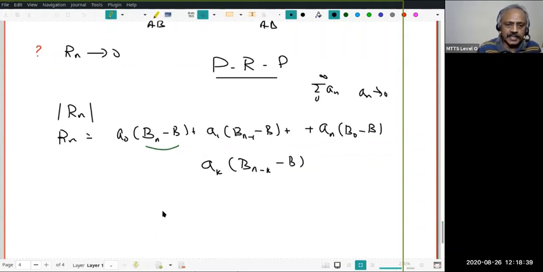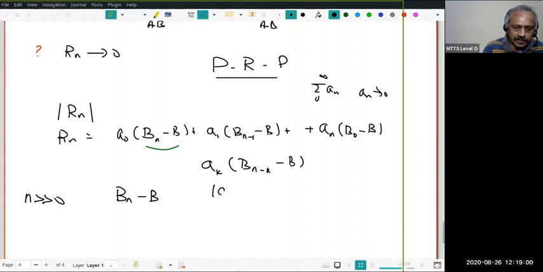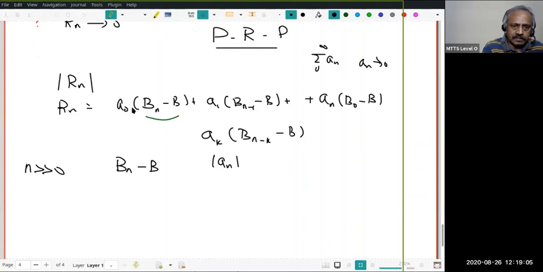So how do I achieve that? Yeah. Let us again go through. This is just us thinking aloud. I will at the end indicate how to write a textbook proof if you want. So if n is very, very large, I know how to estimate b_n minus b. And similarly, I know how to estimate mod a_n. Right. But each of the terms has a product of two things: something which involves mod a_n and something which involves mod b_n minus b.